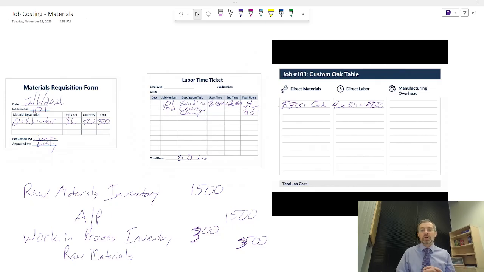It's because they know how to account for the overhead. All of the gas in the trucks, the depreciation on the expensive mowers, the business insurance, the salary of the person back in the office scheduling the jobs. All of these things are overhead that we somehow have to allocate to all the jobs so that we figure it into our pricing. And we can't wait until the end of the year to see how much that actually was because we need to price our products today, not at the end of the year.